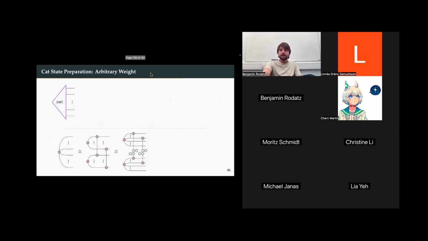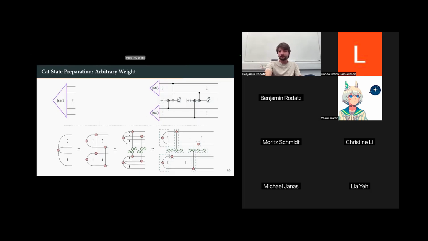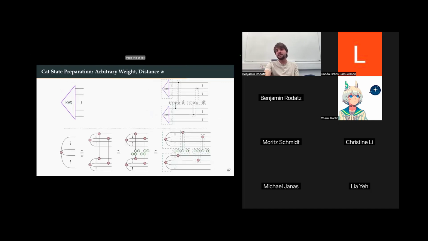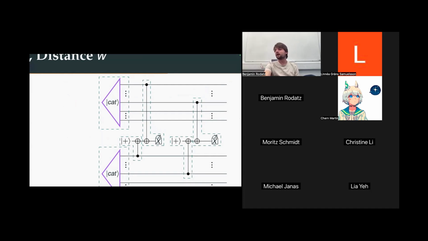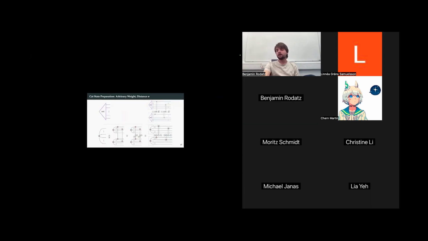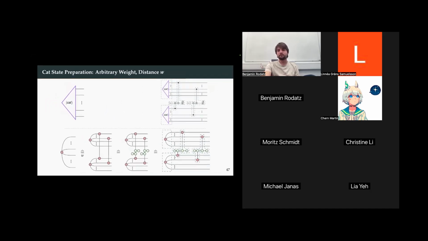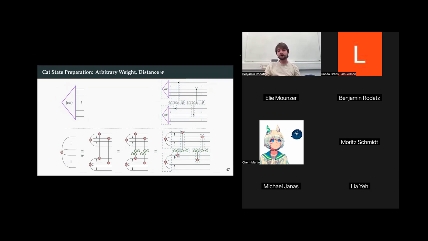Yeah, sorry, I went a little quick there. So here in this circuit, we do these XX measurements transversally for all n output qubits over here and all n output qubits over here. And for the W-fault tolerance, we only have to do it for W many. So if you zoom in, there will be some wires where you don't have to do these additional measurements. If W is 3, you only have to do 3 of these instead of having to do n of these. I think the savings here are not necessarily massive unless you go to really, really large cat states, and I'm not sure if people really go to really, really large cat states. But it's more about the point that you can save quite a lot of resources if you actually do W-fault equivalence rather than fault equivalence